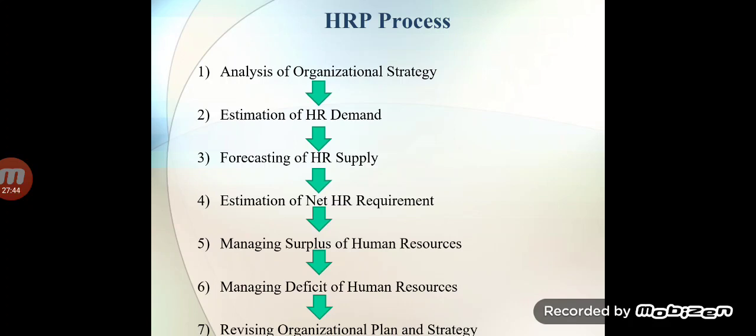Thus there are two possibilities, deployment or relocation and retrenchment, through which we can manage the surplus of human resources. For example, we can relocate employees, changing their location from one place to another, and so manage the surplus. Or retrenchment or cutback, where we can say that we fire them. This is the way we can apply it.